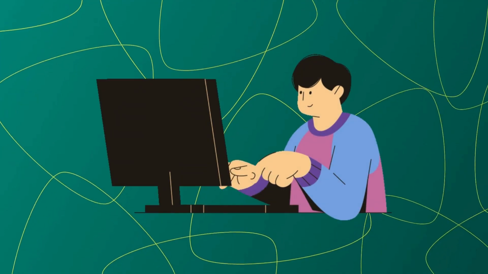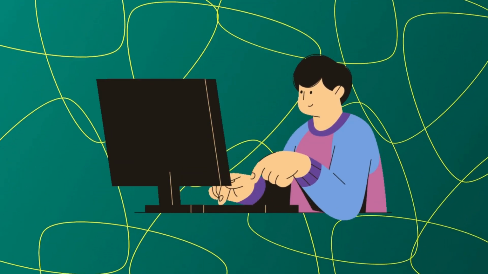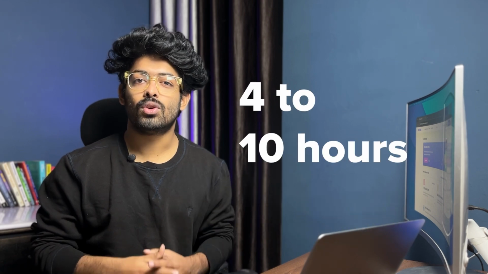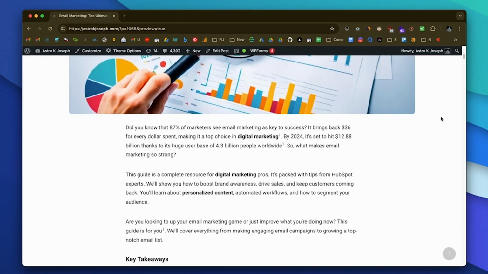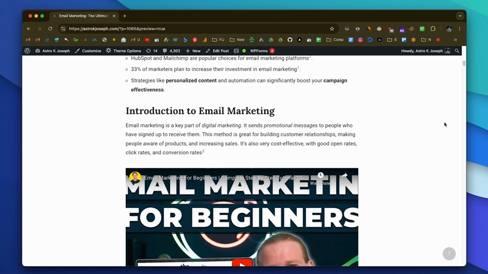The biggest hurdle and the most time consuming part when it comes to blogging is writing a blog post, right? So if you want to write a well-researched and factually correct blog post that's at least like a couple thousand words long, it will easily take you anywhere between 4 hours to 10 hours, right? Well, not anymore. This right here is a 2000 words long article written entirely by an AI tool called SEOWriting AI,